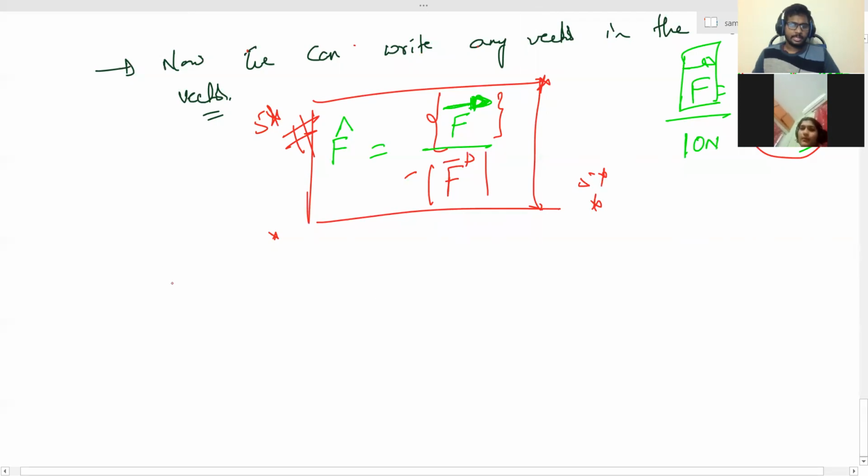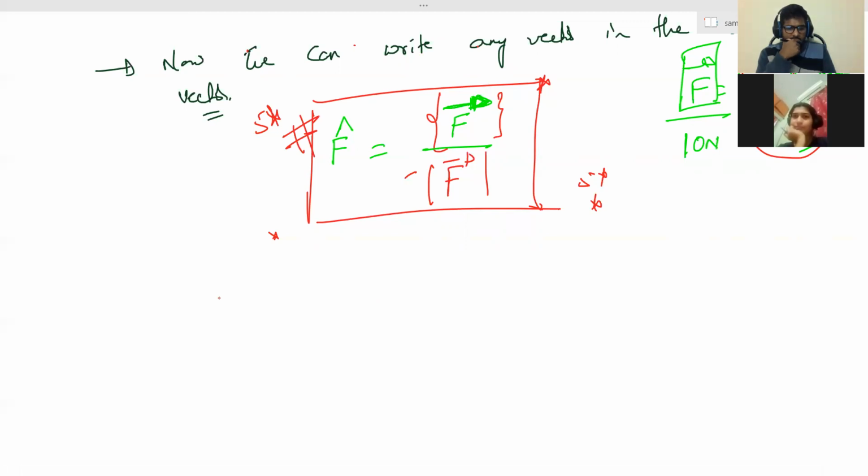Now observe one thing carefully. Unit vector is such an important concept. If you know the unit vector, any other vector passing in this direction can be represented in terms of this unit vector. For example, there are 3 of your friends. One goes in the X direction in Chennai, one goes in the Y direction, one goes in the Z direction.